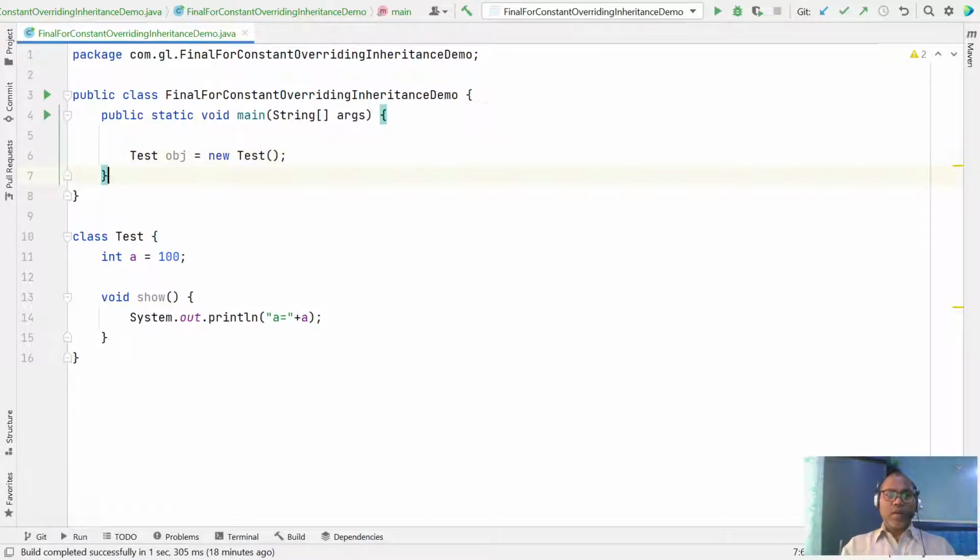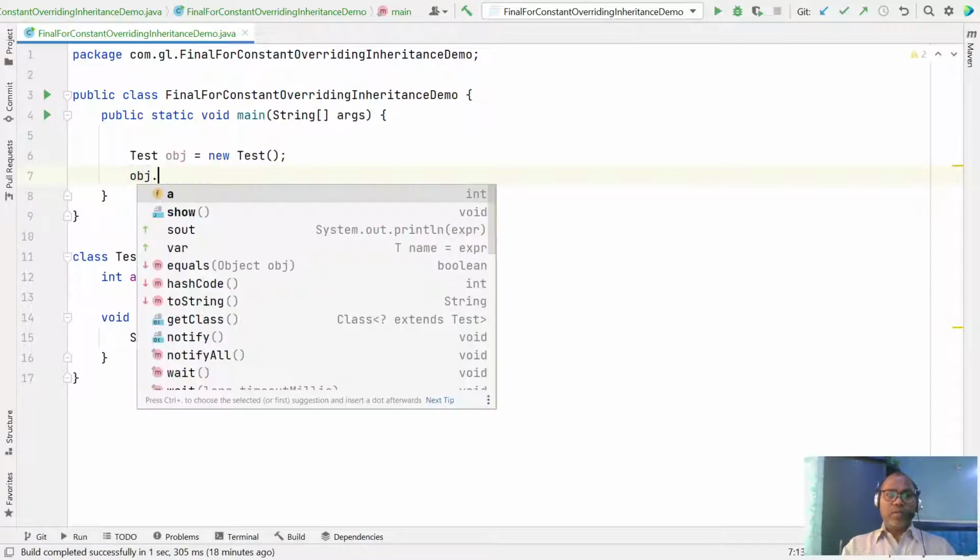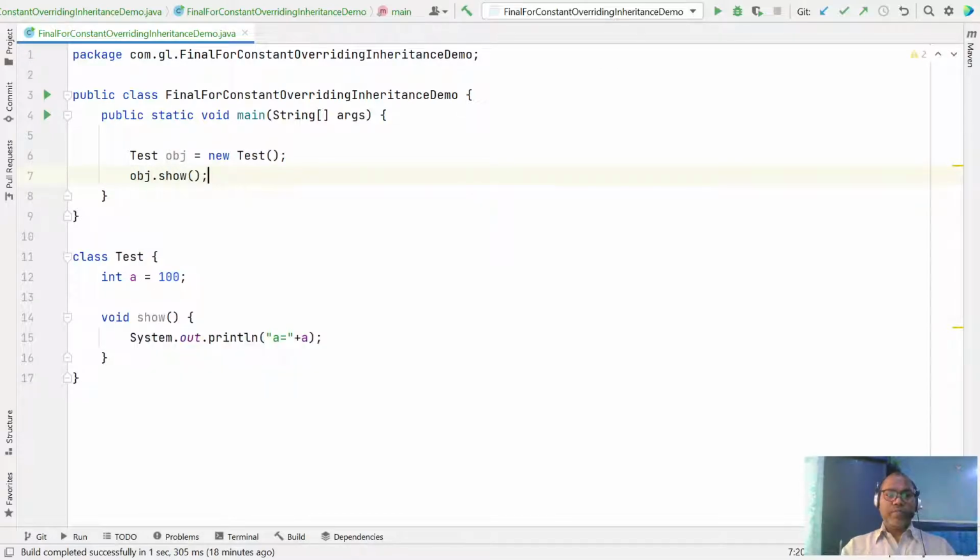Here you can see object dot, and you are getting the value of a equal to 100.